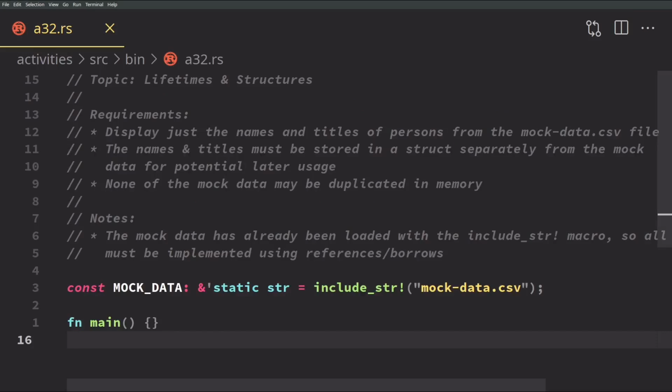Our requirements are to display just the names and titles of persons from the mockdata.csv file. The names and titles must be stored in a struct separately from the mock data for potential later usage. None of the mock data may be duplicated in memory. We have some notes here. The mock data has already been loaded with the include_str macro, so all functionality must be implemented using references